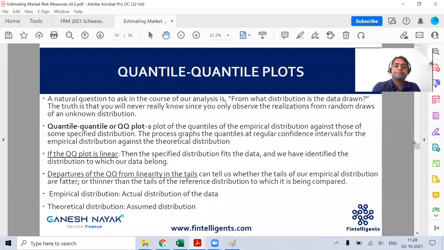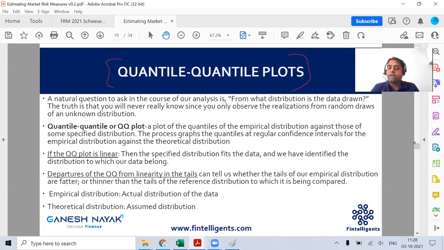Quantile plots. So what does the quantile plot primarily talk about? Whenever I want to do any parametric approach, I hope you remember from level 1 that whenever we are using a parametric approach, we have to make an assumption regarding the underlying data. If we are assuming the underlying data is normally distributed, then we can use the delta normal approach. That is where your Z comes into the picture. But if our assumption is wrong and the data is something else, then whatever VAR we are calculating will not give you the true picture.